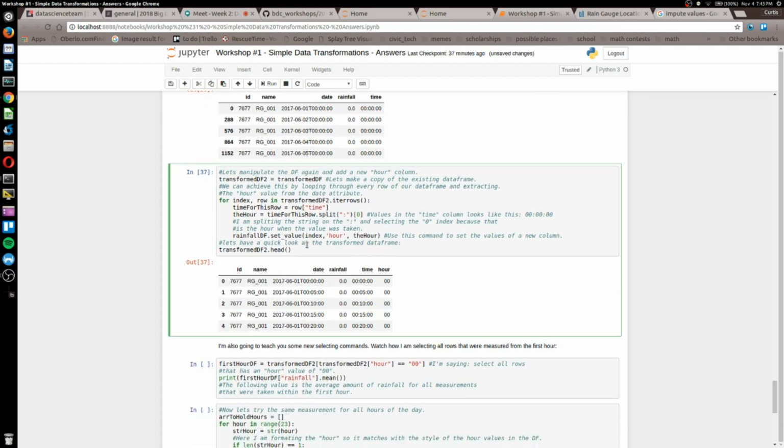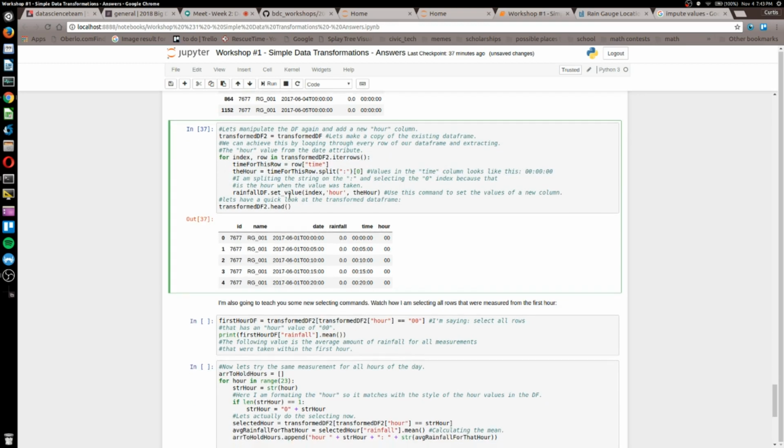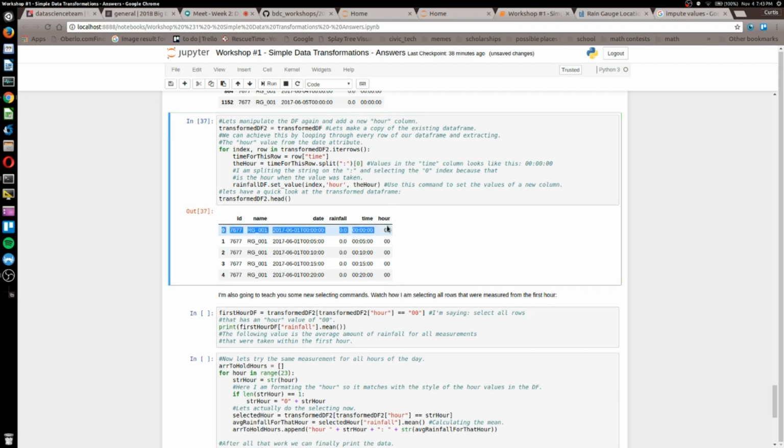But yeah, a little tidbit: if you're ever processing something and it's taking a really long time, you might want to stop your process and implement a percentage bar or a count. It's really helpful because it'll tell you that you're making progress, and you'll be able to estimate how long it'll take for the entire operation to finish. Most people just run functions like this overnight, or if you're training machine learning models, people run it overnight. But yeah, so now we have our new hour column, and it explains the hour of every single day,